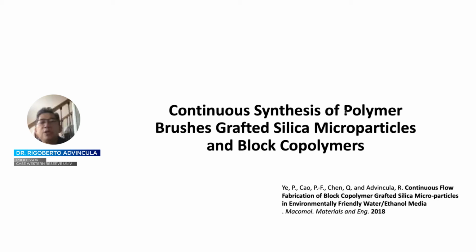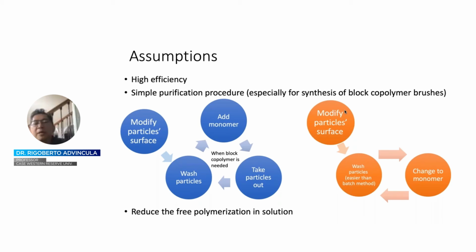Now, let me demonstrate to you what can be done in a continuous synthesis to produce grafted polymer brushes on a silica microparticle. So in this case, typical grafting of polymers on particles is done in a batch mode where the initiator first is grafted on the surface. The polymerization is done by surface-initiated polymerization with the addition of the monomer, and after the reaction, isolating the polymer and separating the unreacted monomers and non-grafted polymers as well. And this can be done